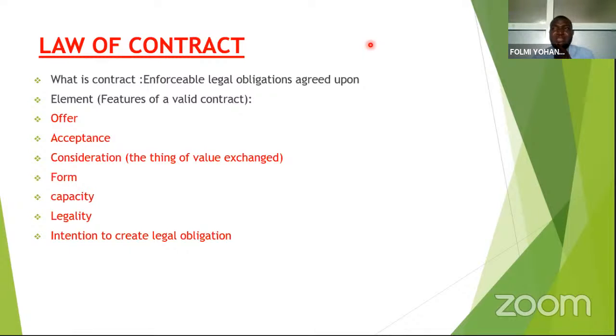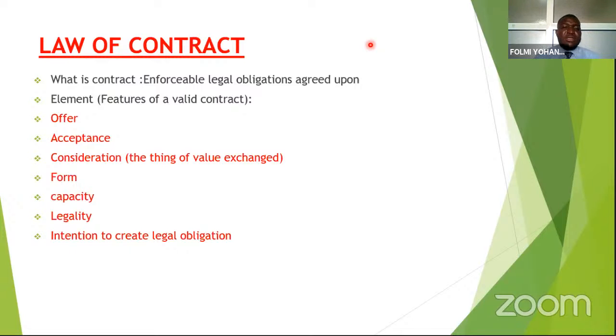Then we have capacity. When we say capacity, if you want to enter into a contract, the person must have that capacity to enter into that contract. You cannot enter a contract with a minor who is underage. You can't enter a contract with him. But there is an exception to that, because there is a case that has been decided by the Supreme Court way back that when the contract involves things of necessity to that minor,